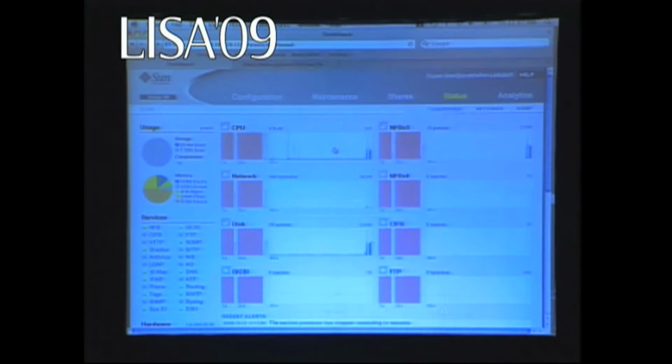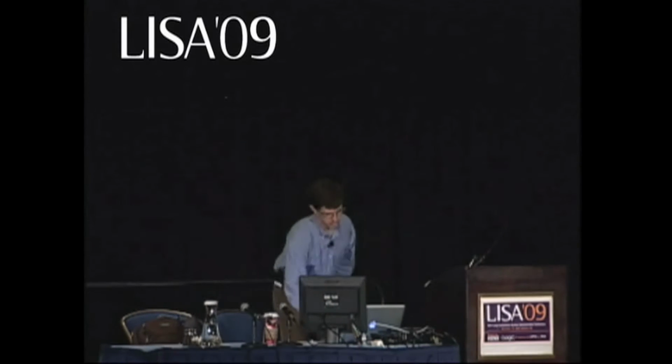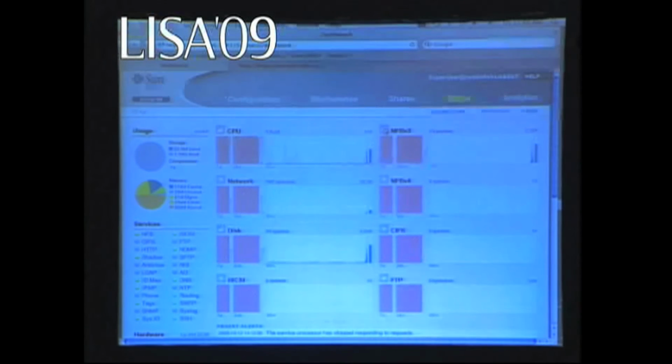I really hate green, yellow, red. Because if you're doing 100,000 NFS ops, why is that red, man? You're humping it. That's great. That's not necessarily red. That's just doing a lot of work. So we found that the weather was actually a better metaphor, because if it's sunny, that's not necessarily good or bad. It's just sunny. If it's cloudy, it's cloudy. And similarly, if it's a hurricane, it's a hurricane. That could be good.